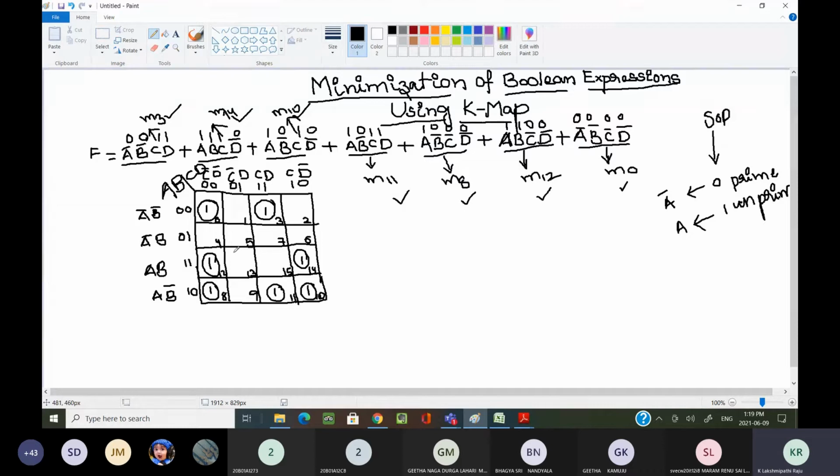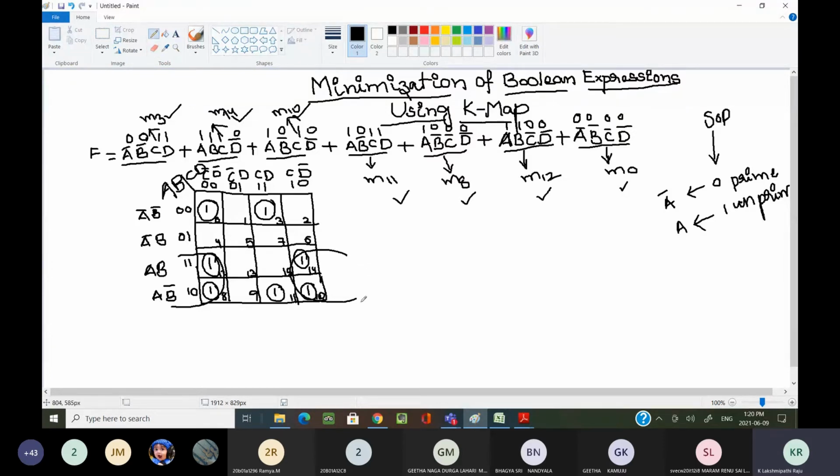That possibility we have to cross check. Can someone tell me, can I form a quad in the given min terms? Yes, sir. Min terms 8, 12, and 10 and 14. Very good. Those who are saying we can form a quad by combining the min terms 8, 12 and 10, 14. Why? Because already in the last session, I explained clearly.